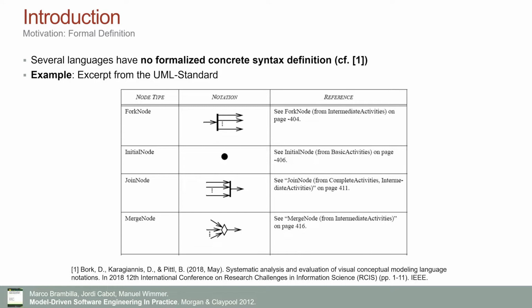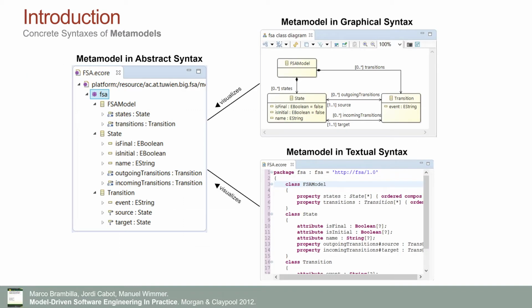So they need to decide how to realize the notation in the most appropriate way, which is, of course, why, if you create the same model in different UML modeling tools, to stay with the UML example, you will see that the models differ quite dramatically, because the concrete syntax is not formally specified. And this is, of course, not something that is intended and should not be. So generally,